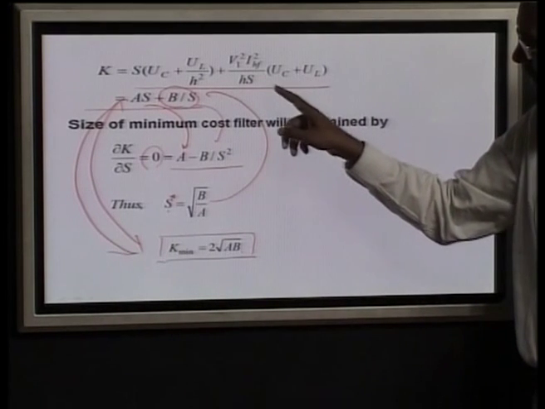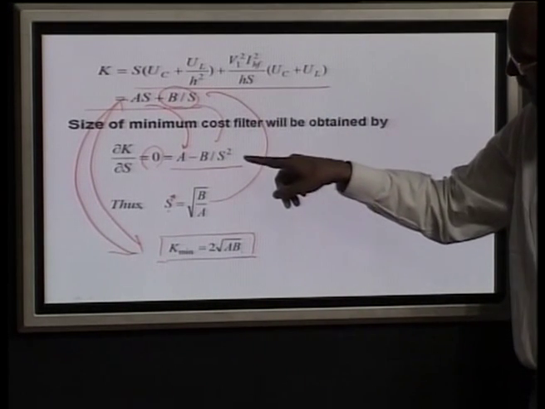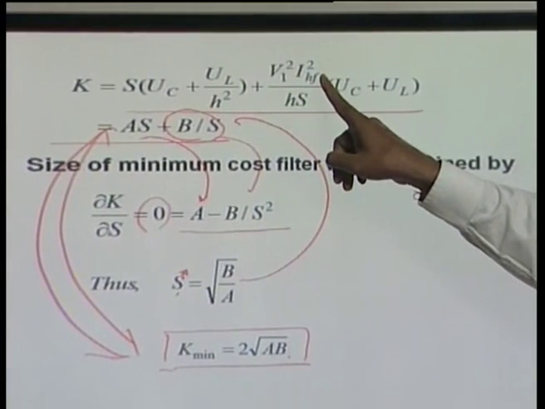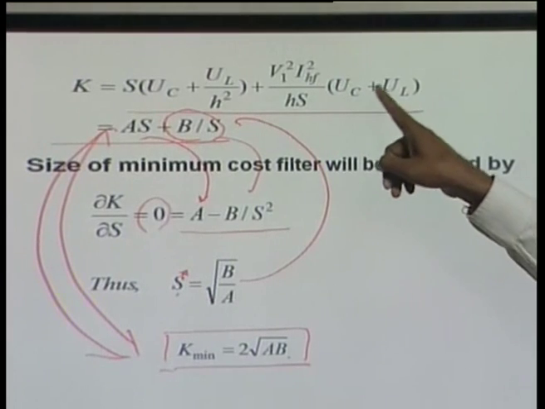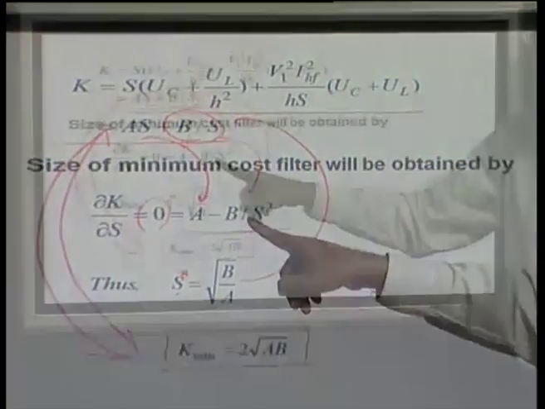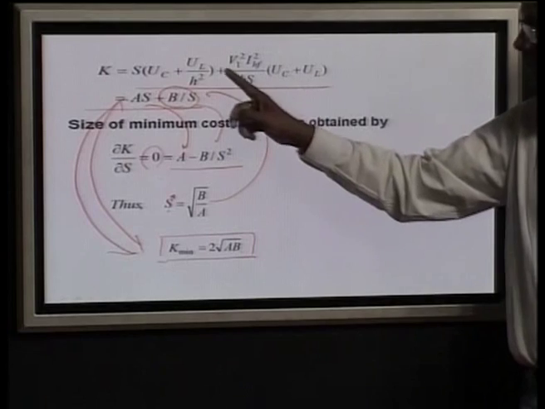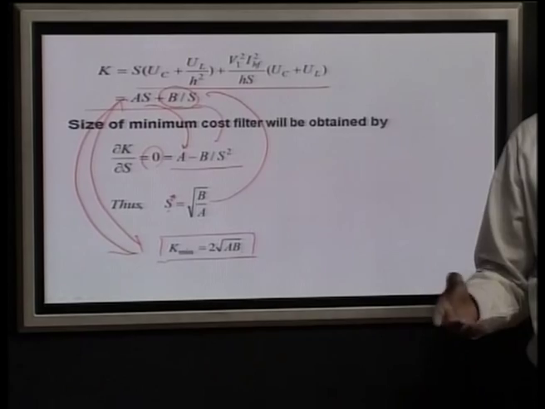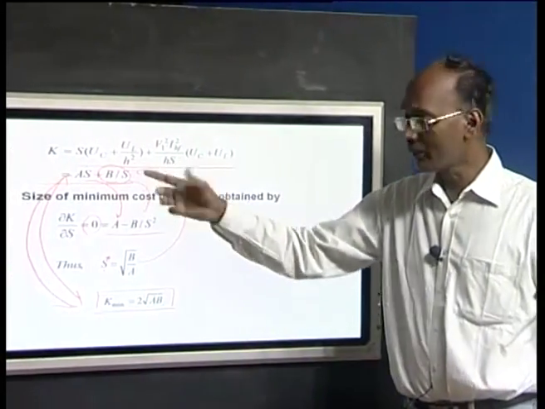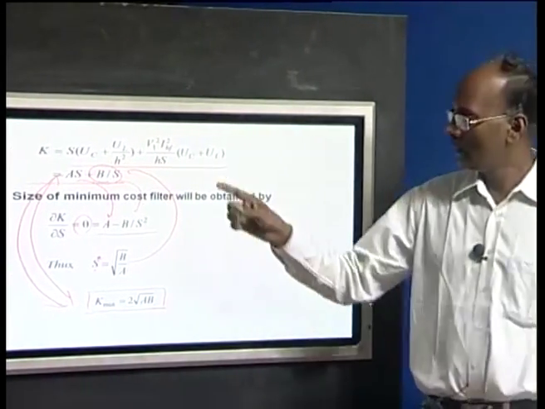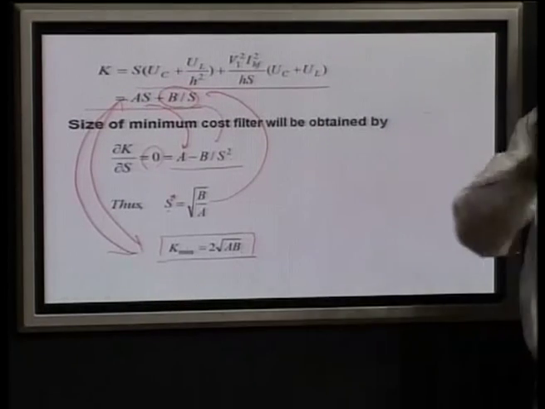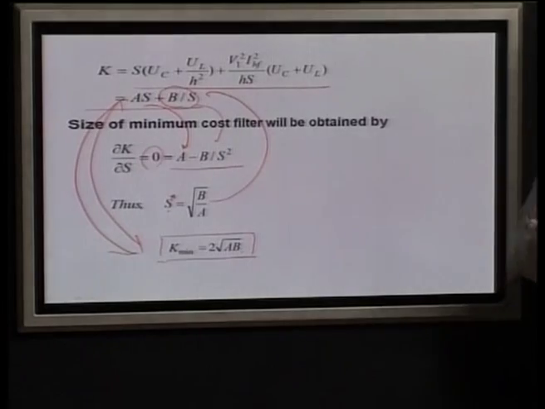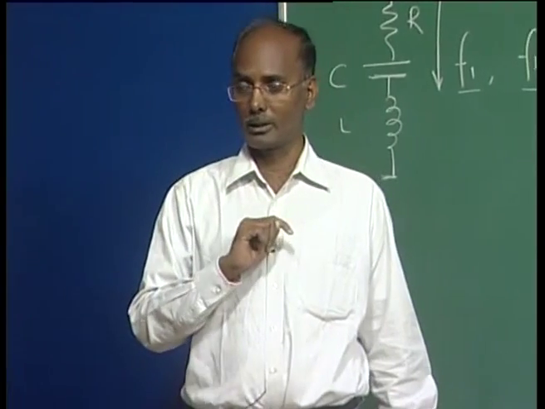Here also you can say the B component. This is S, and this is V1, the supplied voltage, and this is the harmonics current and its magnitude, and these costs and the H component come into the P. So, these values are known to you: the cost of the inductor, and the cost of the capacitor in terms of MVAR per unit. The harmonics component is the one for which this is a tuned filter, V1 is your fundamental supply voltage, and IHF is the current that you have to calculate based on the fundamental component.